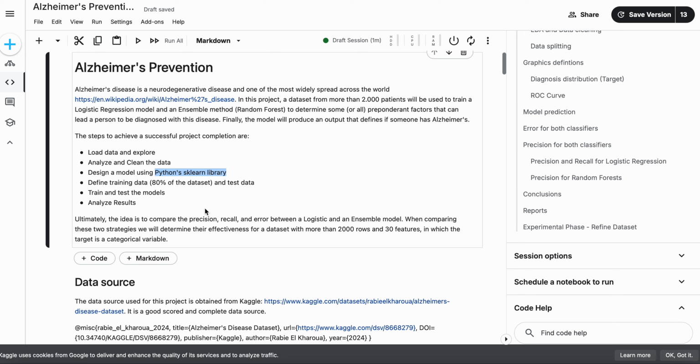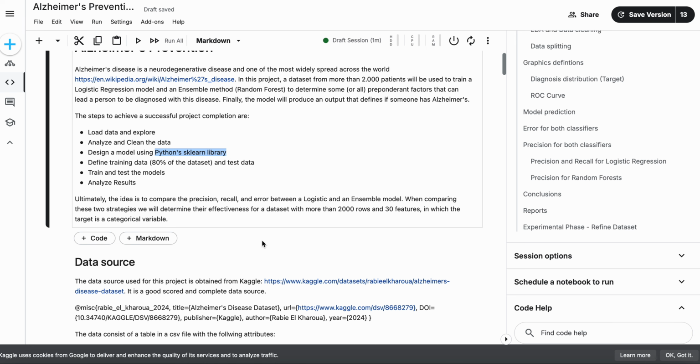In the last part, I'll be showing an improvement on the data based on the results that we got, and we will also see if that improvement leads to an improvement in the